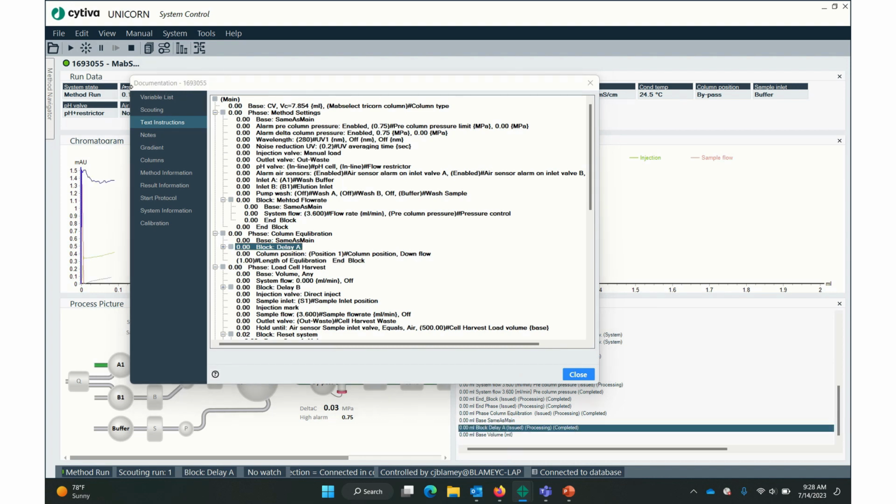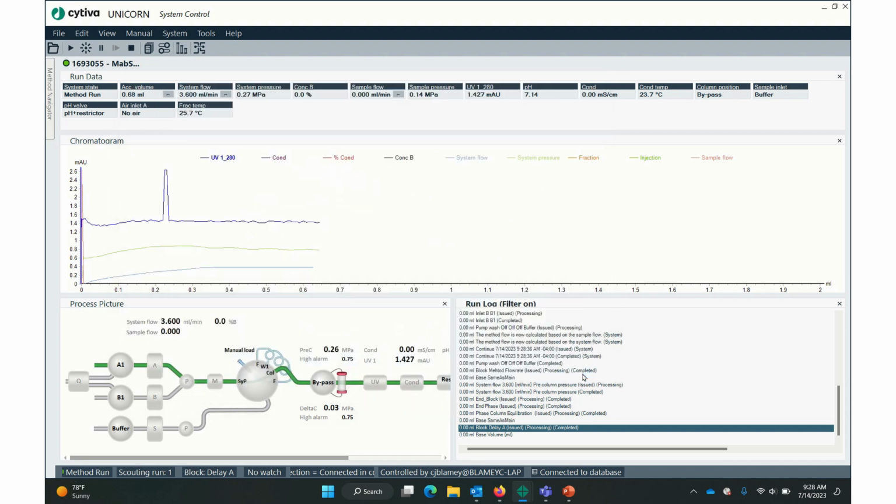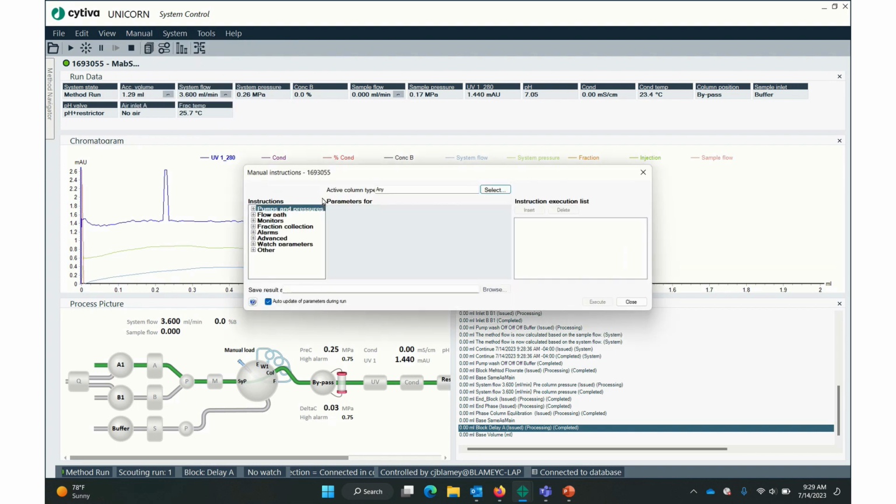Okay, I'm going to close this documentation window because it gets kind of busy here otherwise. We're just going to have to sort of remember what else is in this method. So we'll hit close. Hopefully I get it right as we go through this. All right, in order to speed this up, I am going to hit manual and then execute manual instruction. And then I'm going to go all the way down here to the other radio button, and I'm going to select next